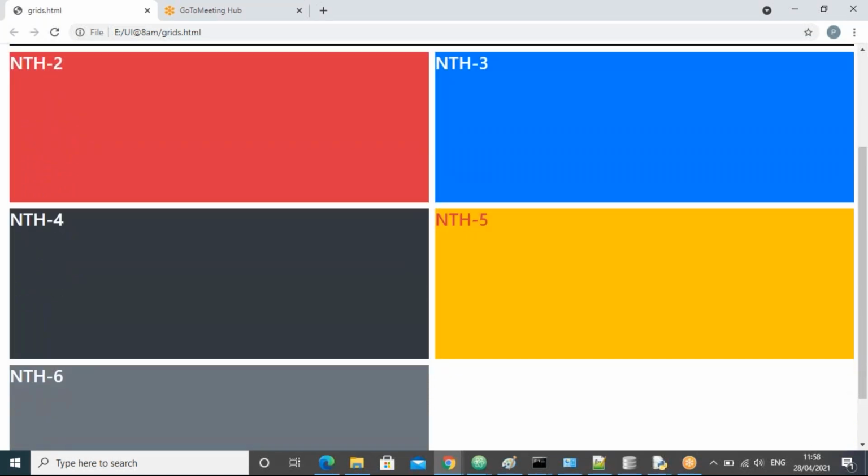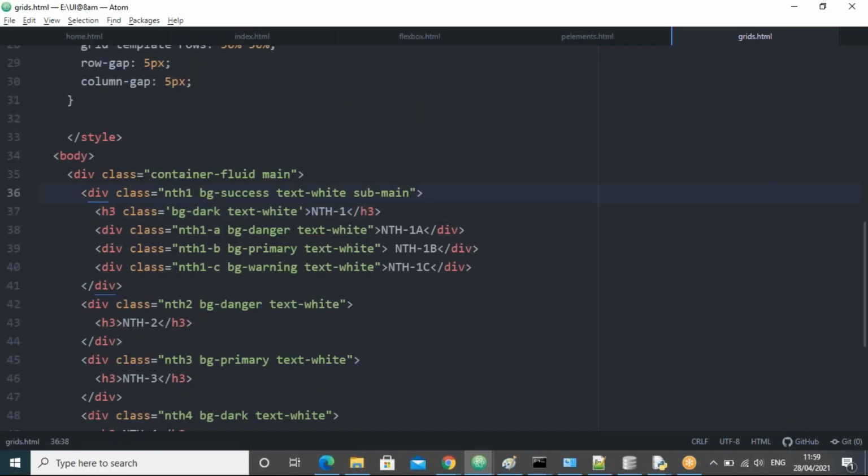The subgrids are right. So nth 2, 3, 4, 5, 6, 4, 5, 6 is there. That 6 I want to move left to right, guys. That 6, I want column 1 to column 3.